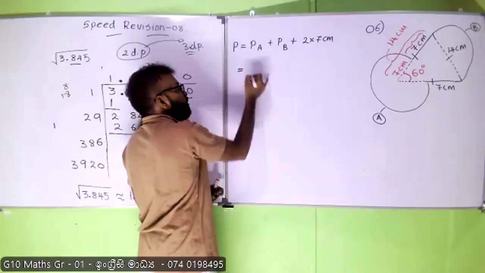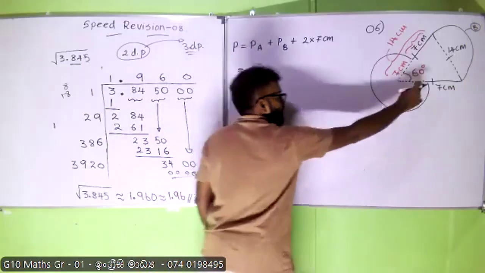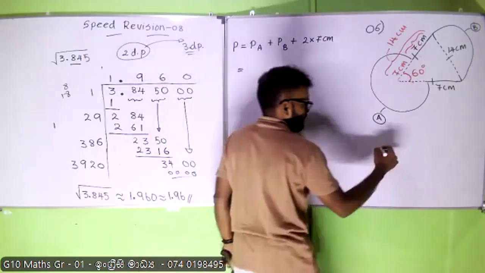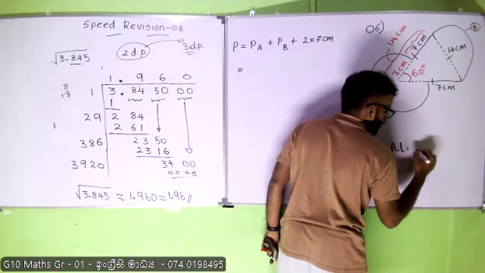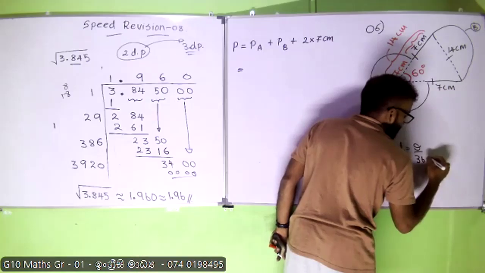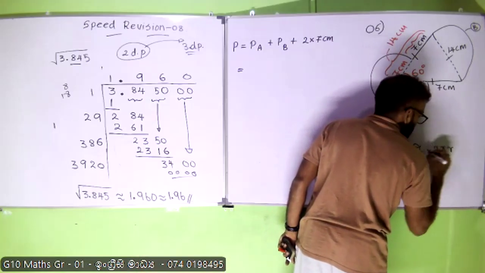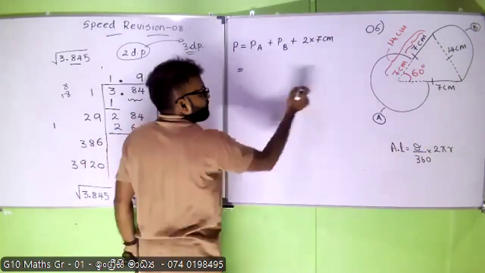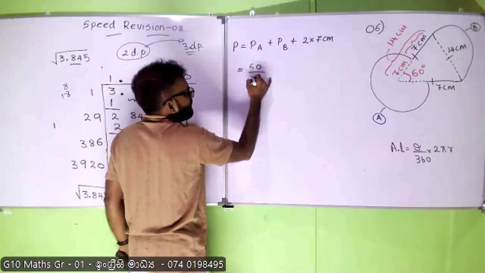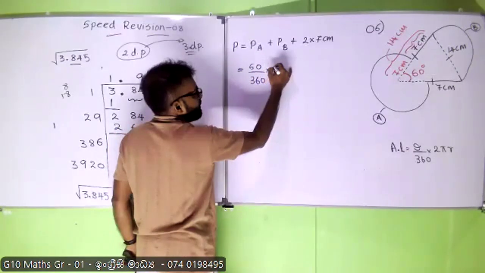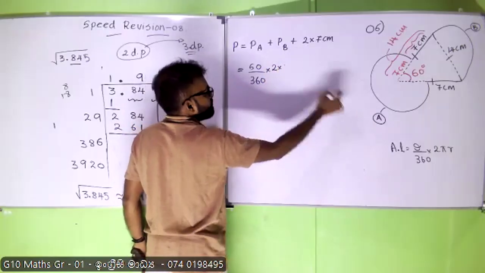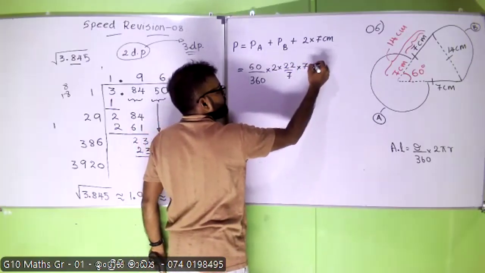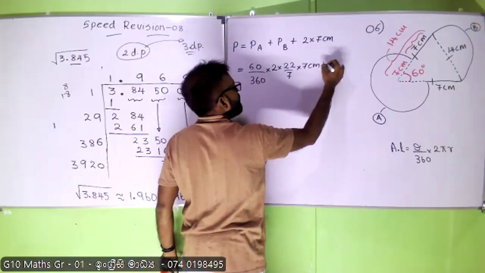So, perimeter of A in the moon shape. How can you write down the arc length? Theta divided by 360 times 2πr, the portion of the circle times 2πr. So theta 60 divided by 360, multiply 2 times π, which is 22/7. Radius is 7 centimeters, plus